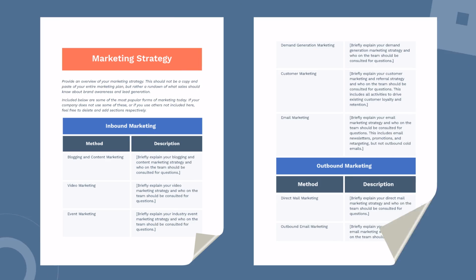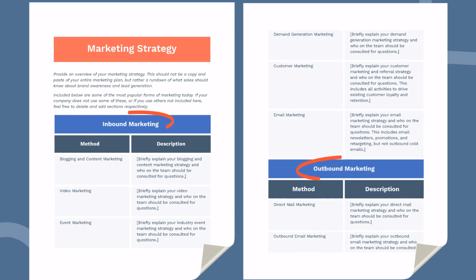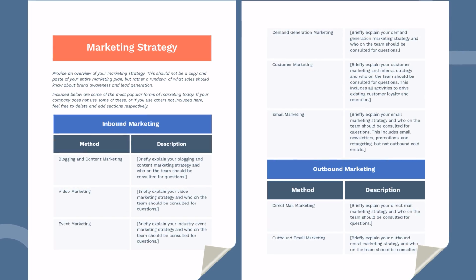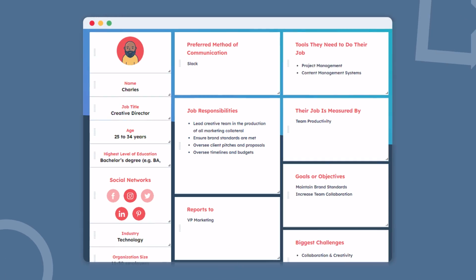I hope you're happy. Now is the time to develop the strategies you'll use for driving sales. This usually needs to be done with the help of your marketing department. So consult with that team to outline the inbound and outbound strategies they plan on using to bring customers to your door. Remember Charles, the creative director? Our buyer persona determined that an industry blog is an ideal way to reach him. So be sure to point that out to the marketing team as they build an inbound strategy.